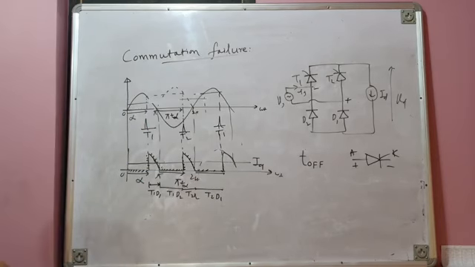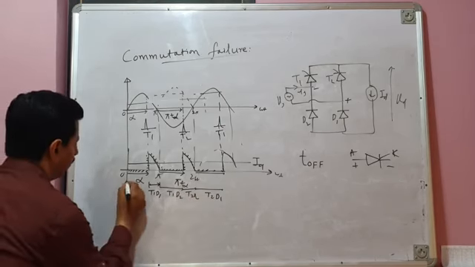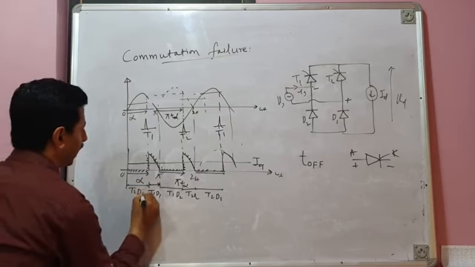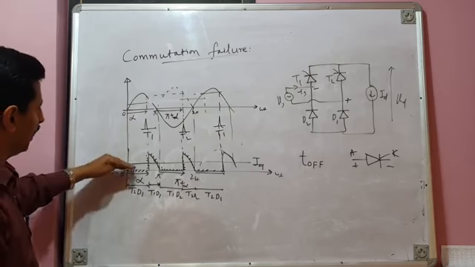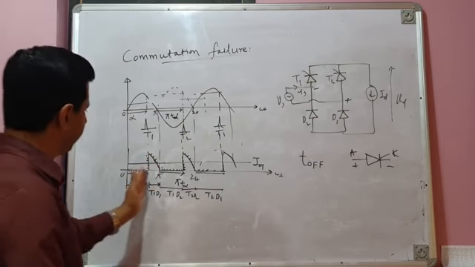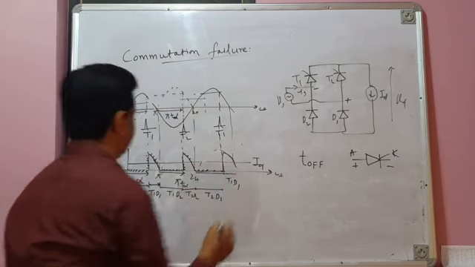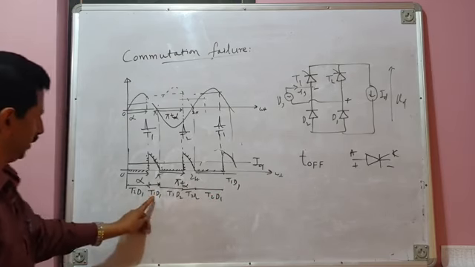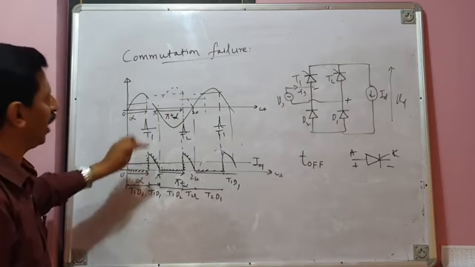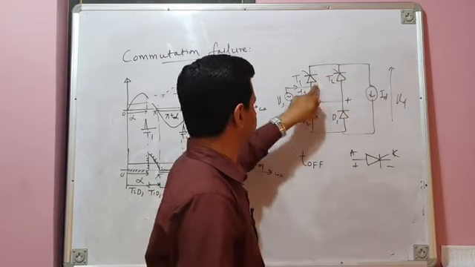Now what I want to, so this is T1, D1. Before T1, D1, that means previously, if you assume previously conduction was there, T2, D1 would have been conducting. So previously there was freewheeling through T2, D1, and then T1 was fired here, T1, D1, and then T1, D2, then T2, D2, then T2, D1, and then T1, D1 again. So that means T1, D1 से पहले T2, D1 है. T2, D1 is nothing but freewheeling. Now we can see from 0 to alpha, T2 and D1 were conducting and freewheeling action was taking place. That means T2 was conducting previously, right?